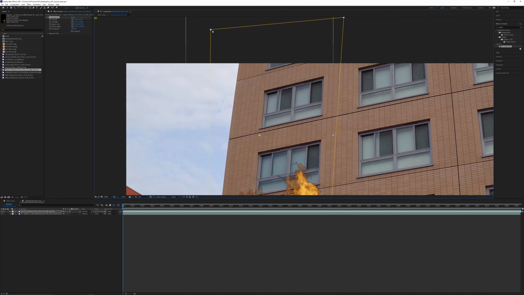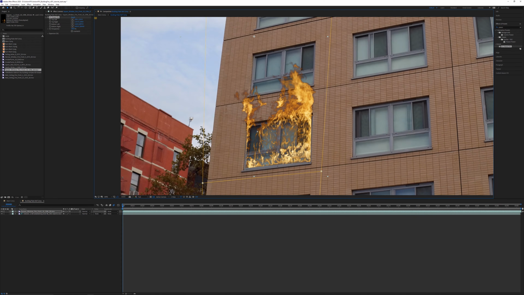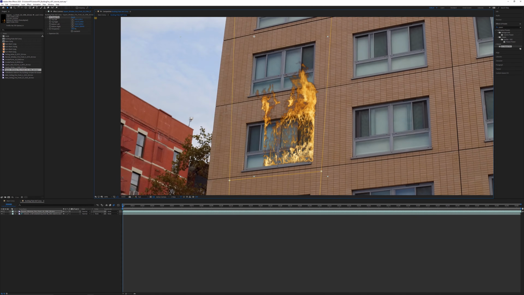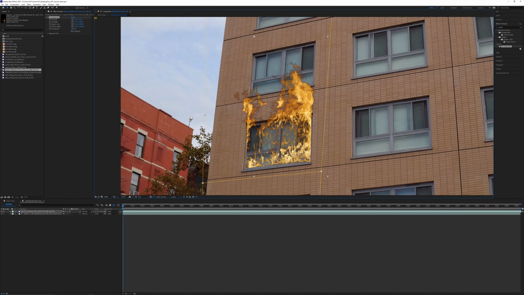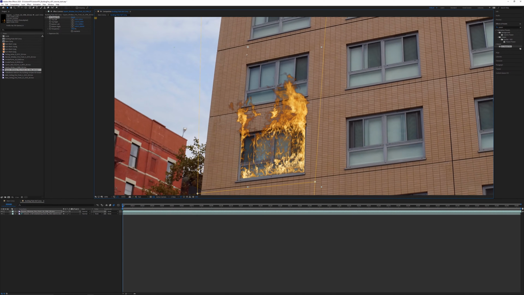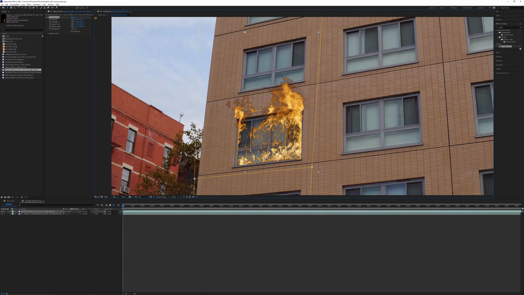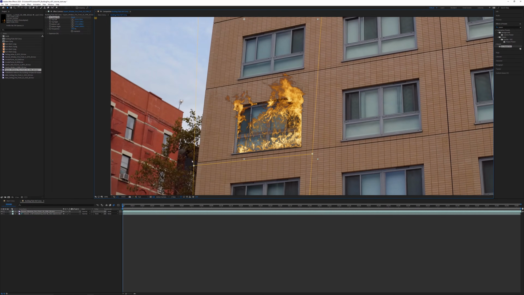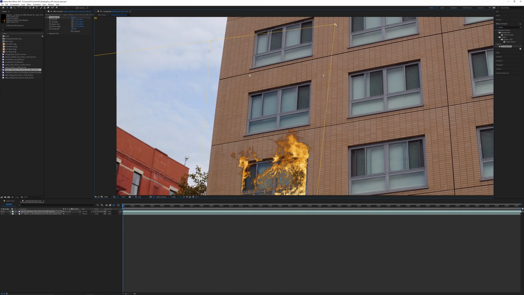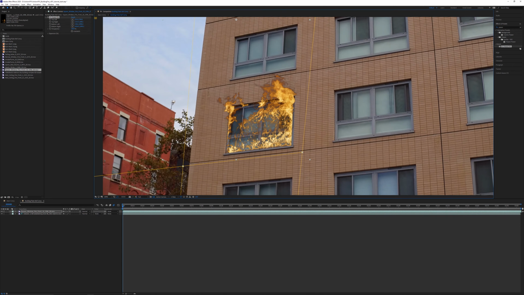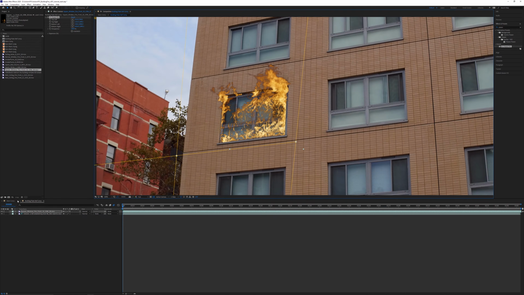Also with power pin, which is really nice, once you have the perspective right, if you want to squeeze it in, you can just grab the edge and it will move both points together. We want to do something like that. I think that looks pretty good. And then we can squash this down a little bit because this part here is definitely an edge. So we do need to squash that down so it lines up with our window sill. Something like that.